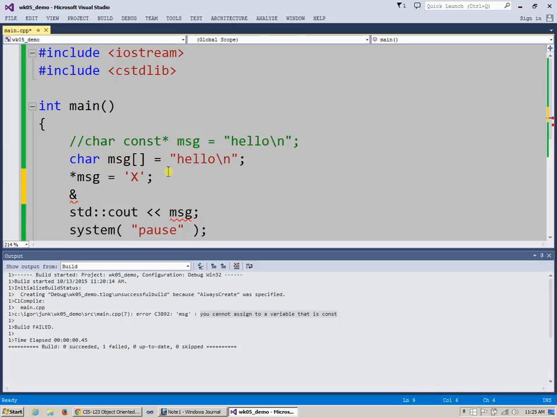Okay. By the way, this will work now, so when we do this, this character will be changed to X, right? When we execute this statement, because the pointer gets dereferenced, a new value is assigned to the first character. But if I wanted to find out the address of character E,